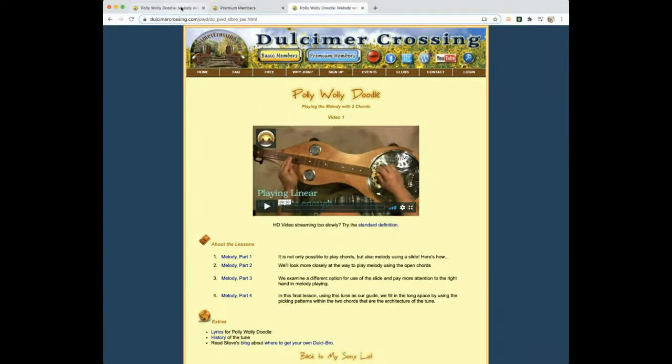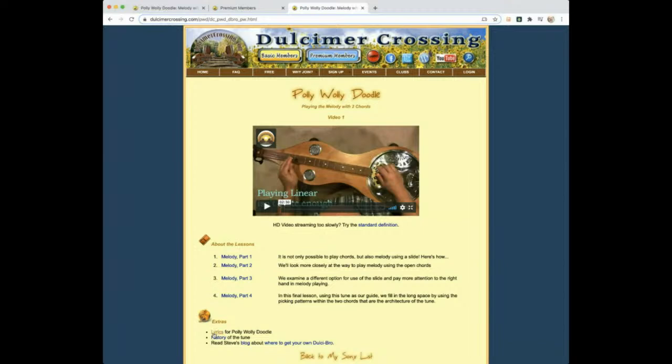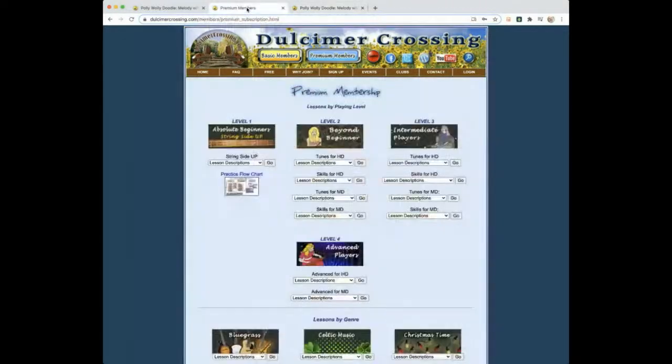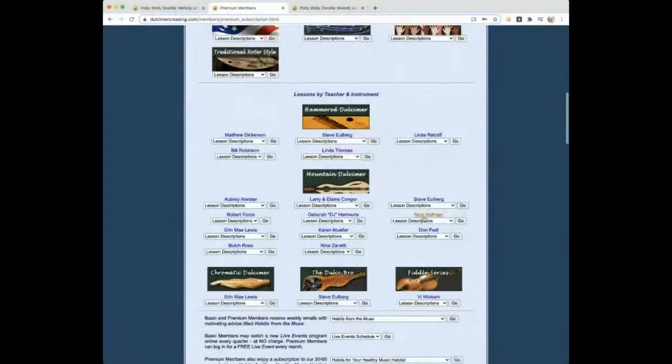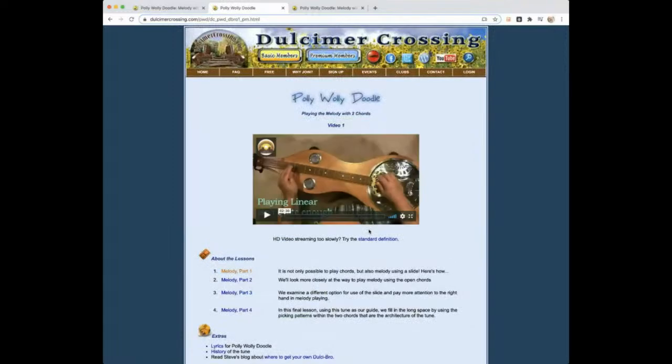I see the same thing that I did here, but because the background is yellow, it means I'm logged in. The other thing that happens is all of these other lessons and all the stuff about how to, the PDFs and the things that support the tune are available to members when they're logged in. So all these black things become links that take you to the parts you want to see. And if I'm logged in as a premium member, then not only do I get all of these things,